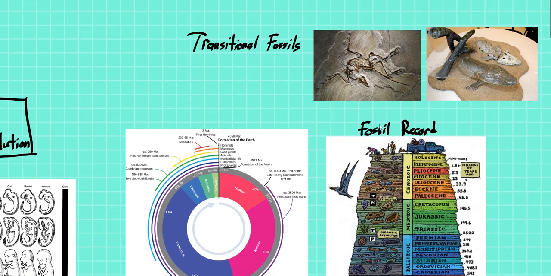And a subset of this is the transitional fossils. These are special ones that are kind of halfway between one type of life and another. So this one here is a dinosaur fossil, but it has feathers. And we can see the feathers right in the area around it, which was very exciting when it was found